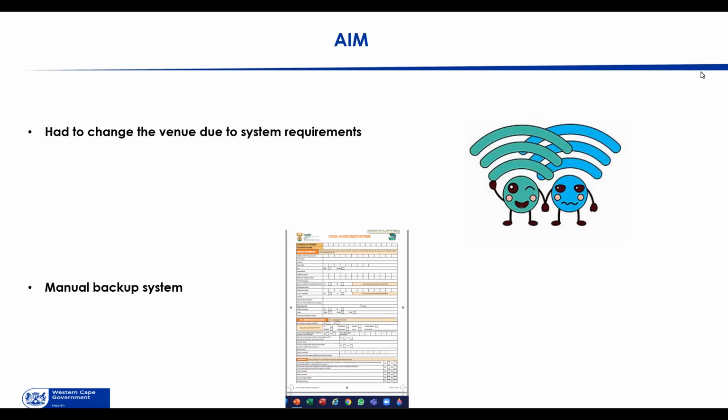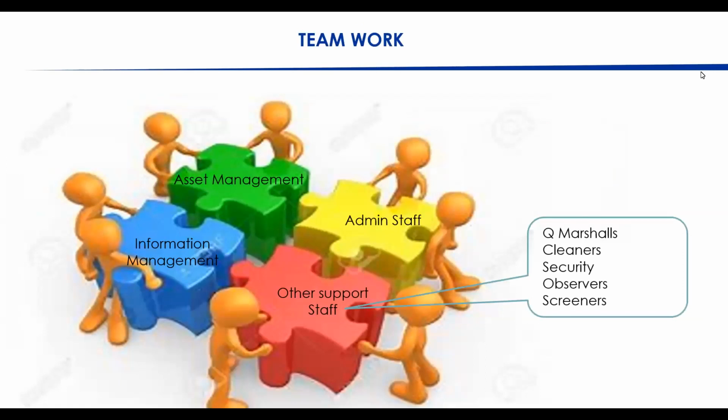And I think the main reason for that was when the vaccinators started their training, I don't think that the system had been developed to indicate to them that they actually also need to capture information on the EVDS system. And whenever you asked vaccinators, are you registered? They presumed that meant, did you do the course and did you get the accreditation and so forth. They were not aware of the fact that they had to get a login and a password to be able to access the system. So, like everything,